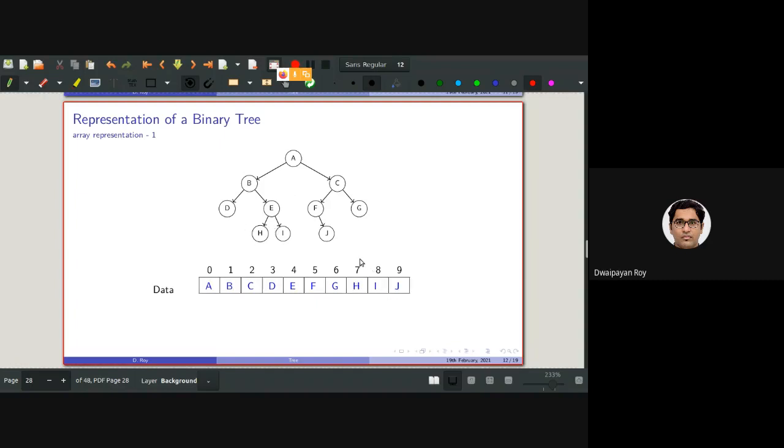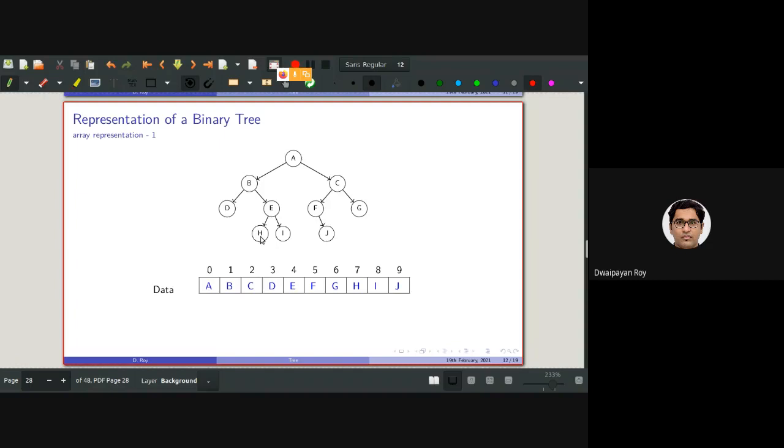Can someone guess what will be the way of storing this? We need to store this parent-child relationship, or left-child, right-child relationship, in some way so that we can identify the parent of a child as well as the children of a node. Can someone say how we can do that?